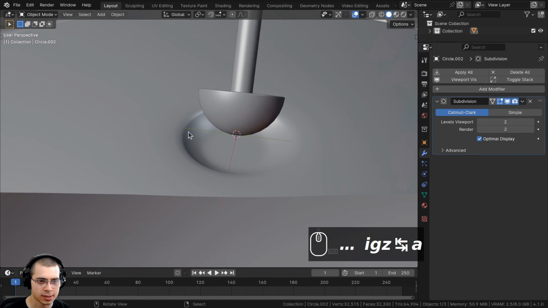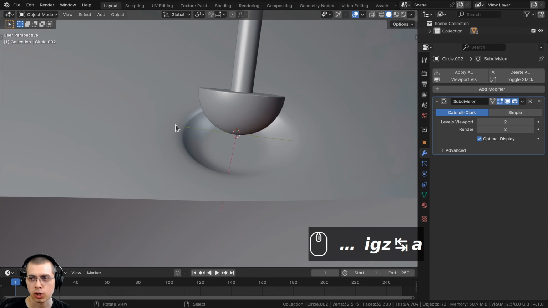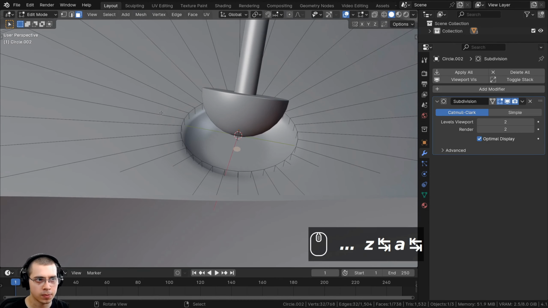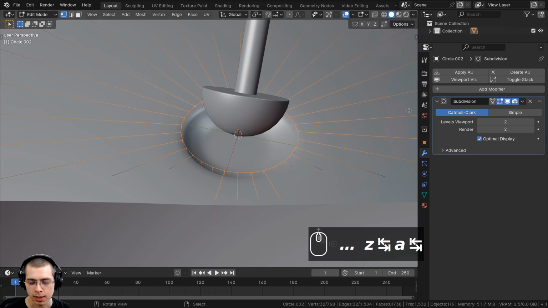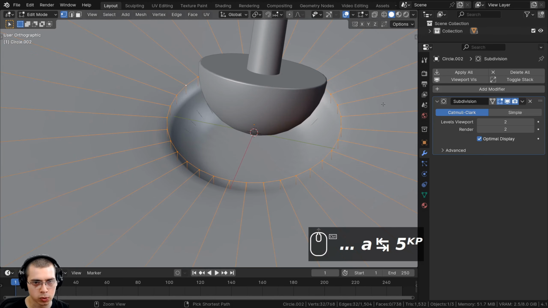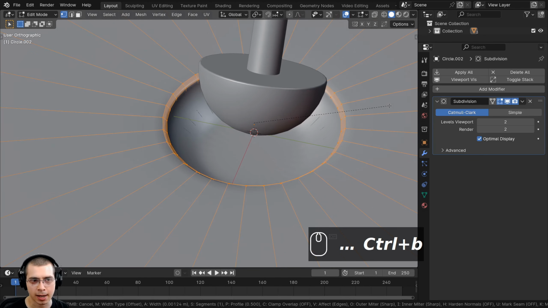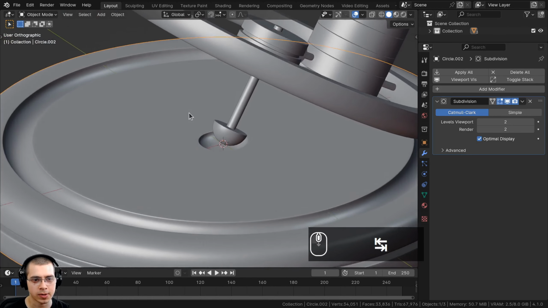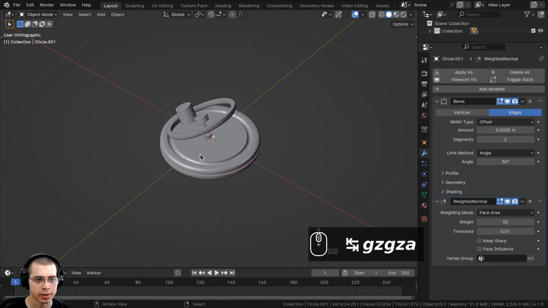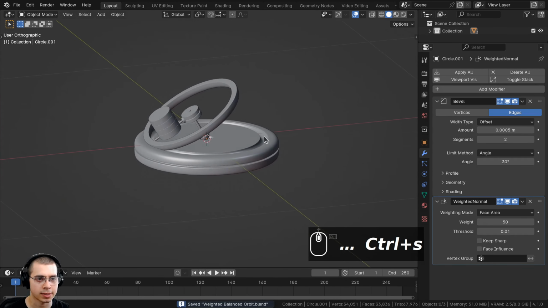Now you can see that this part here is really smooth, so I'm going to sharpen it up a bit. I'll go into edit mode, and I'll click here to go to the vertex select, and I'll hold down the Alt key and select that loop of vertices there. And then I can press Ctrl B, and Ctrl B is going to add a bevel. I'll scroll my mouse wheel until there are like 2 cuts, and then I can just click to place that right there. So now it is much, much sharper. All right, let's zoom out there. I'll press Ctrl S again to save.